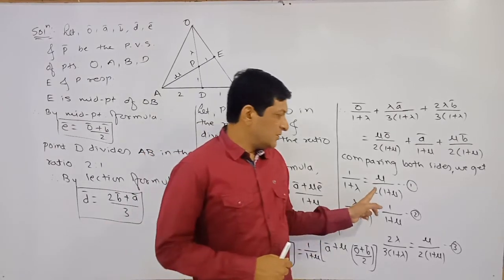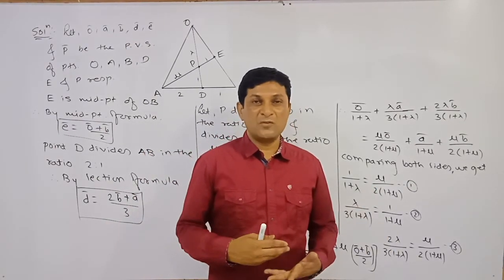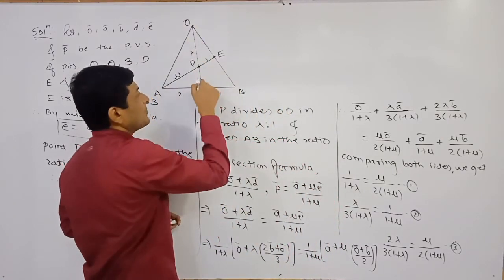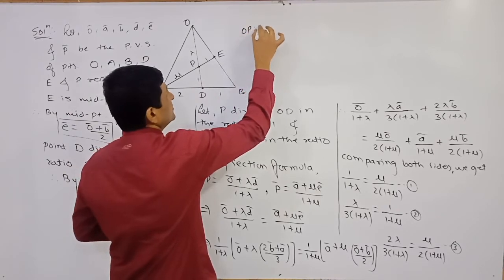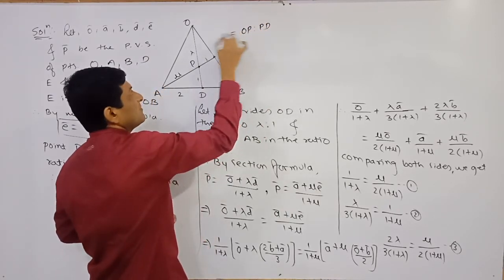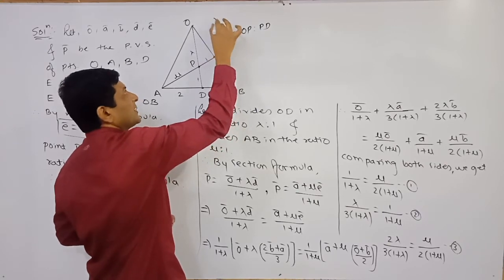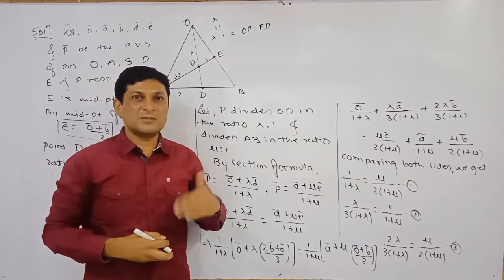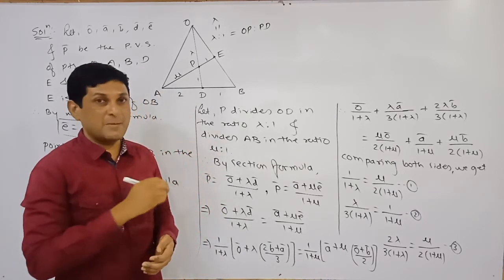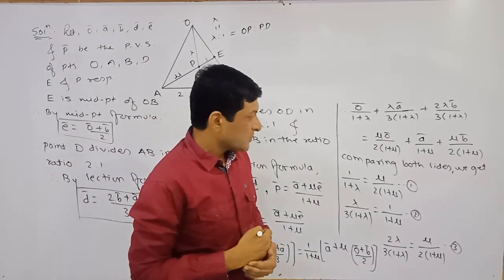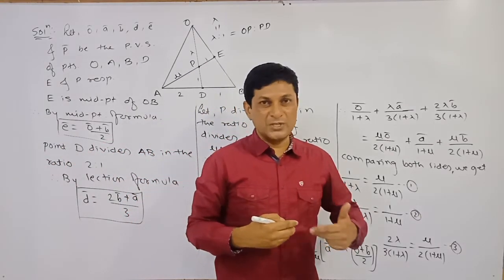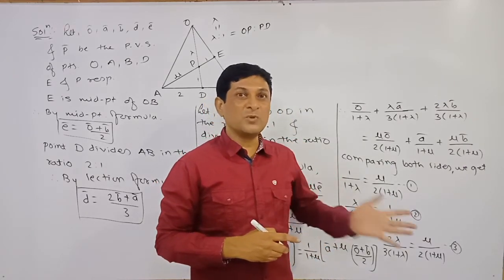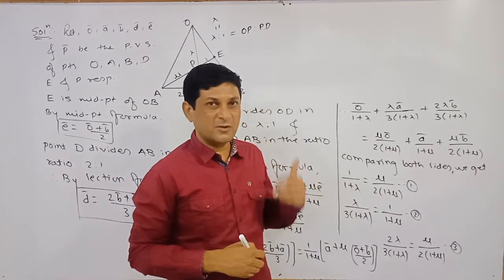So now we are making the use of these three equations to find out value of what? Lambda here. Because our question is to find out which ratio OP is to PD. And this ratio we have denoted by what? Lambda is to 1. Lambda is to 1 means what? Lambda. We have simply denoted this ratio by lambda. Means we have to solve these three equations in such a way that we get the value of what? Lambda. So now three equations are there. We will use any two equations, those two equations in which mu will get cancelled, isn't it? Because our aim is to find out value of lambda.